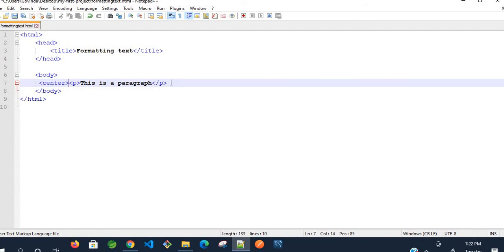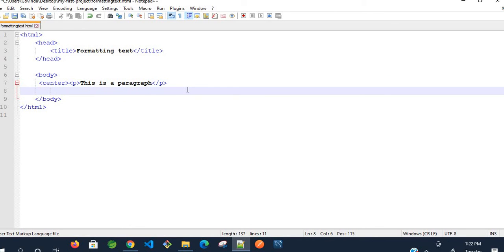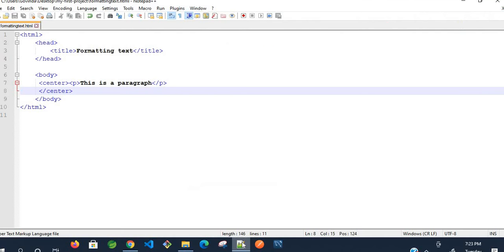Now for the remaining tags, I am going to close the center tag. Save it again, go to the browser, then refresh your browser. See, the content has aligned to the center. This we have seen several times.